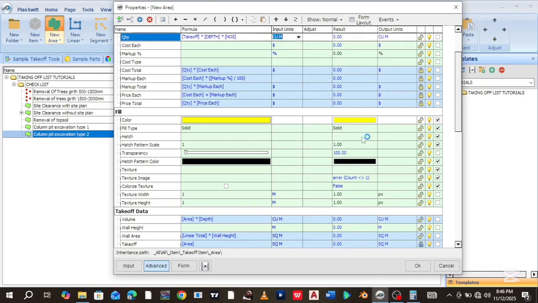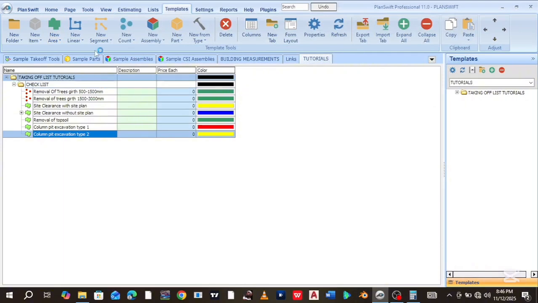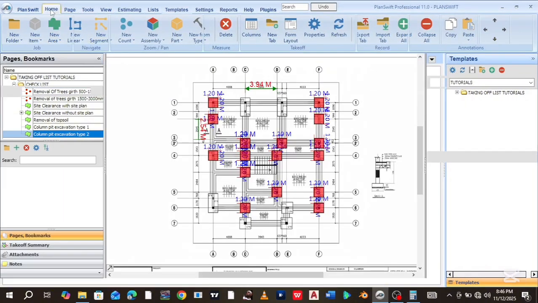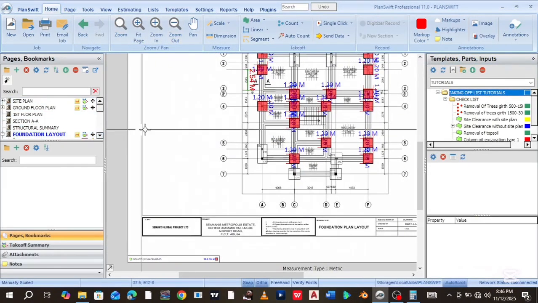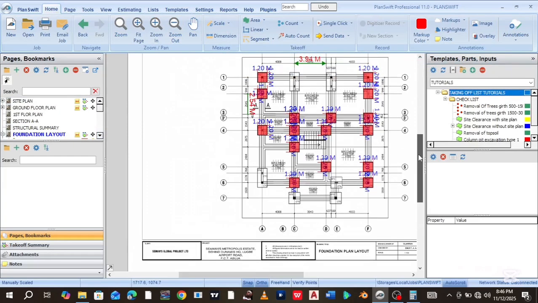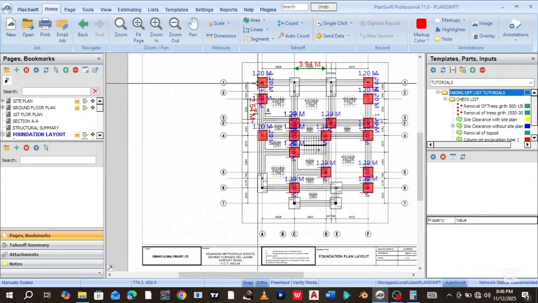Cubic meters, and then you click on what? OK. So now let's test this. So for example, now let us just imagine that all the column types we have here is column type 1, and let's just imagine that